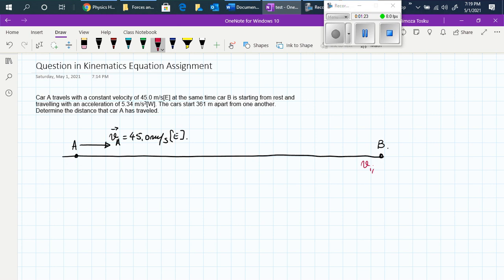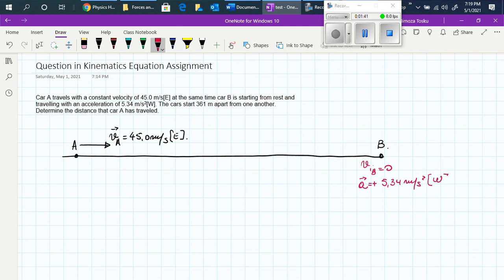So the initial velocity of car B is 0, and it is accelerating with a positive acceleration of 5.34 meters per second squared